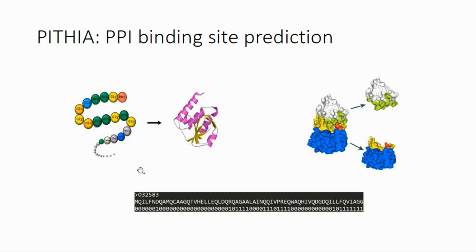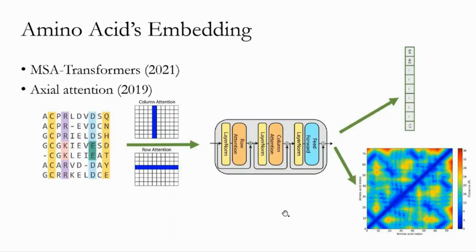again, this is what the data looks like, right? You give an input sequence and you try to predict this binary mask of whether this is a binding site or not. So in this example, you can make use of the MSA transformer type of model, where you gather some homologs for the given query sequence, and we can aggregate their co-evolutionary information that will give us pairwise contacting information, and you could also use the embeddings to directly predict the probability of the site being a binding site or not.